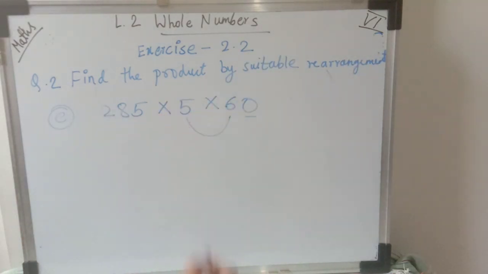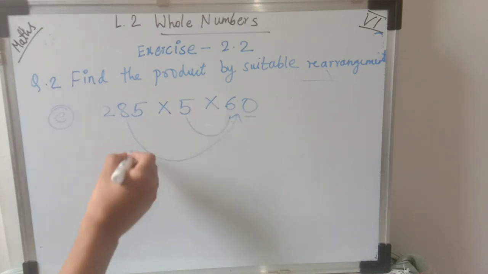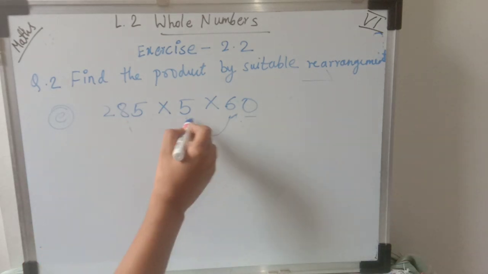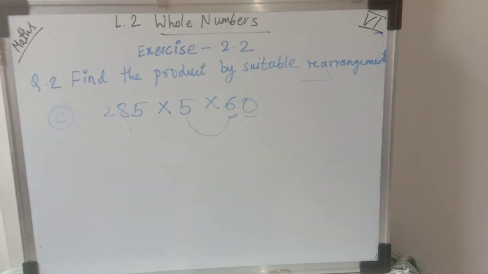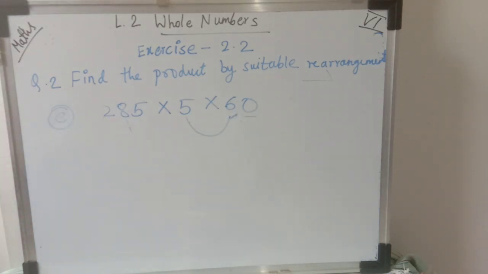If I do the multiplication of these numbers, they have the same arrangement. In any arrangement we can do it. But when I do the arrangement of the numbers, I will see where I will get the answer in an easy way. If I do the multiplication of these two numbers, that multiplication will be easy instead of this one. What I want to say here is, where will I have the most ease, the multiplication of which numbers? These two numbers. So I will multiply these two numbers. Instead, I will not multiply 285 by 60, because it is a three-digit number and I don't want to waste much time there. The answer will be the same, but my difficulty level will increase, so I will not do that. I will multiply these two numbers.